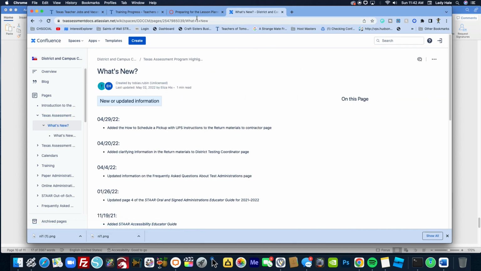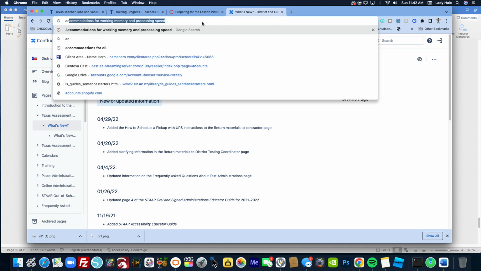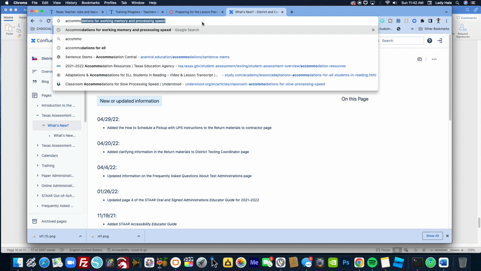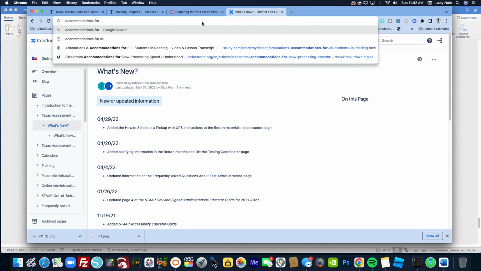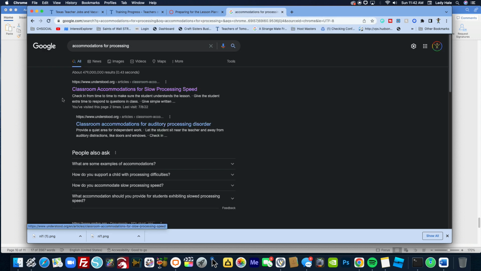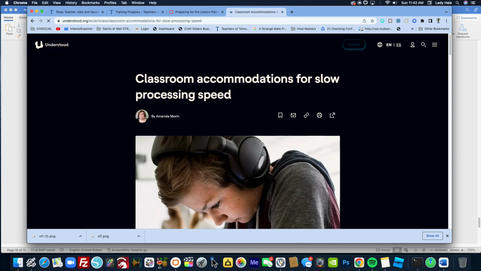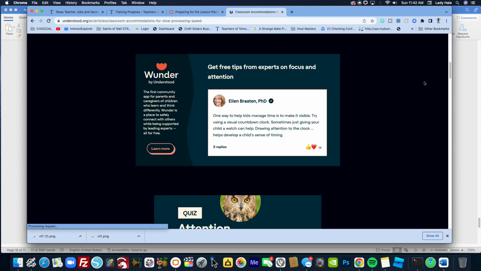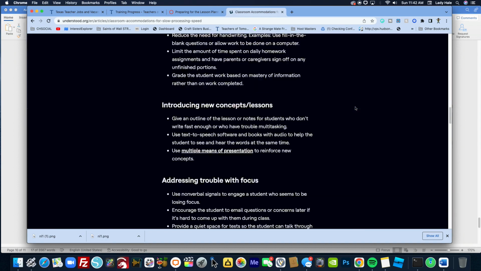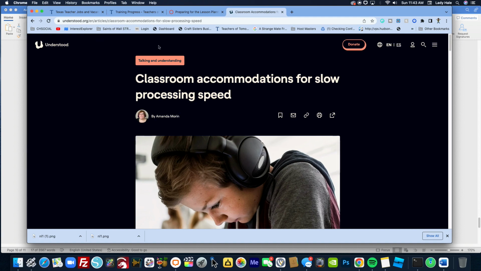You can also do a Google search and put accommodations for processing, and there are some accommodations for slow processing speed, and there are actually some good ones on here. You can just do a Google search for the situation, so if it's accommodations for slow processing,